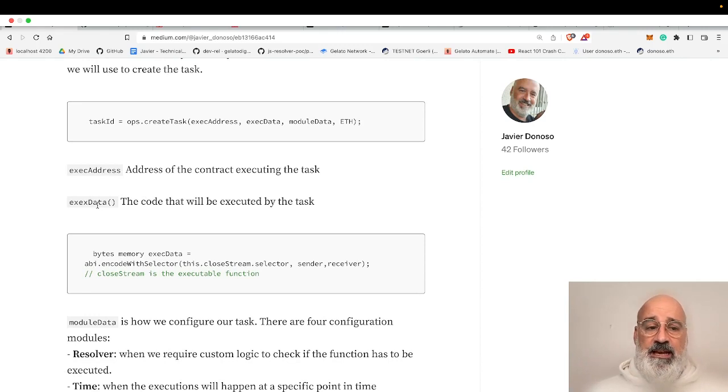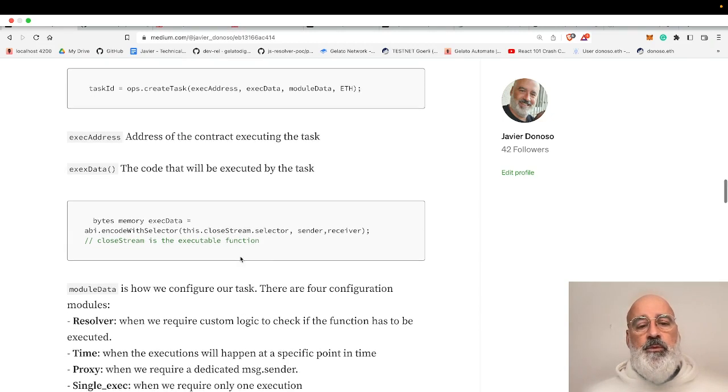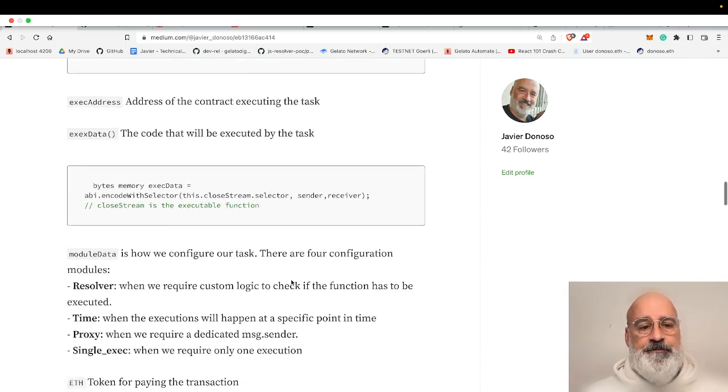The exec data is the encoded selector data of our executable function. In this case, we will see it later, it is the close stream function. We pass the parameters, the sender and the receiver, and that's it. Then